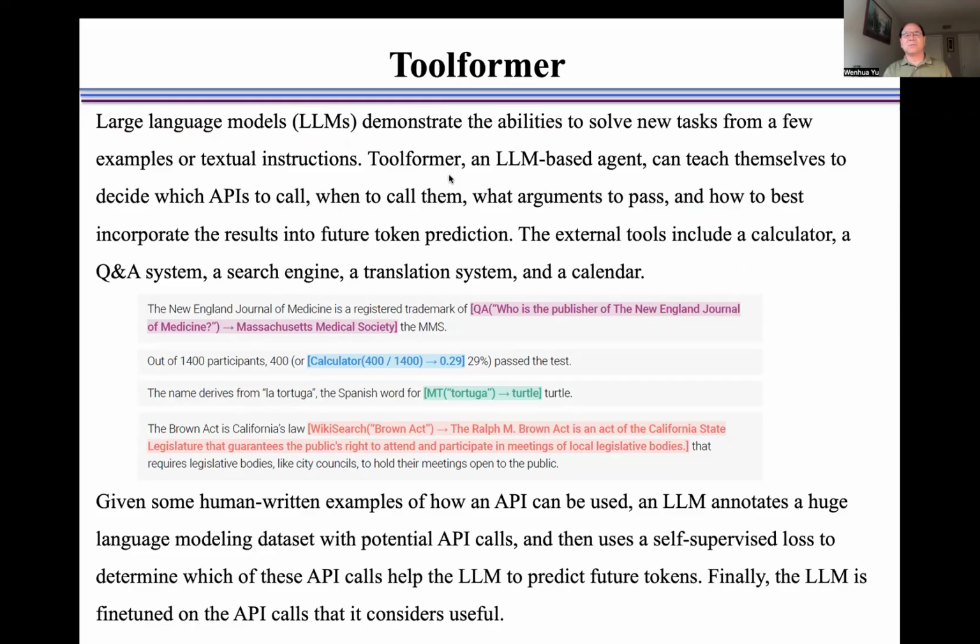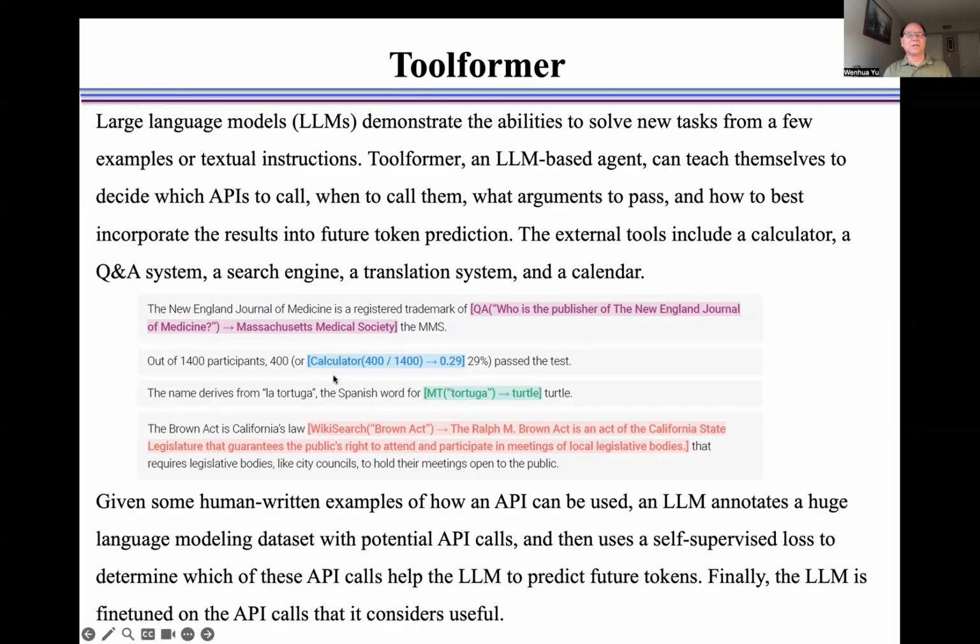Toolformer, a large language model-based agent, can teach themselves to decide which APIs to call, when to call them, what arguments to pass, and how to best incorporate the results into future token prediction. The external tools include a calculator, a Q&A system, a search engine, a translation system, and a calendar.